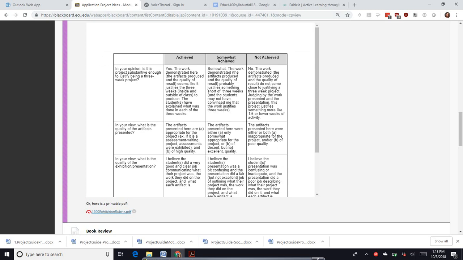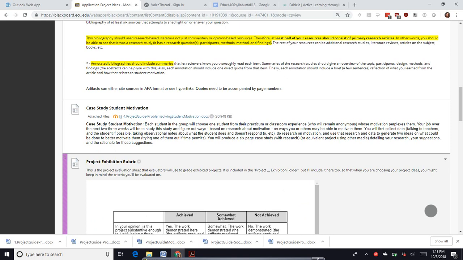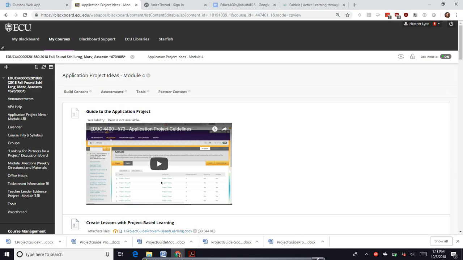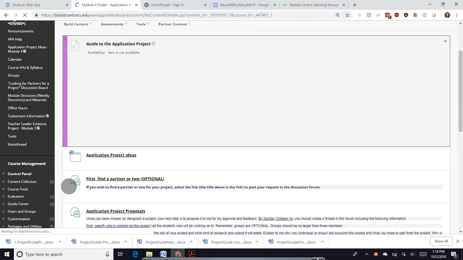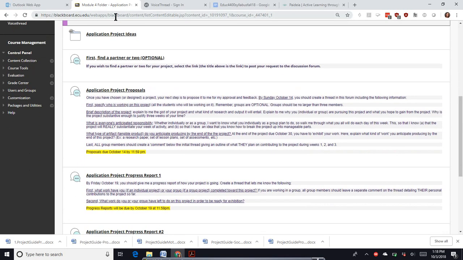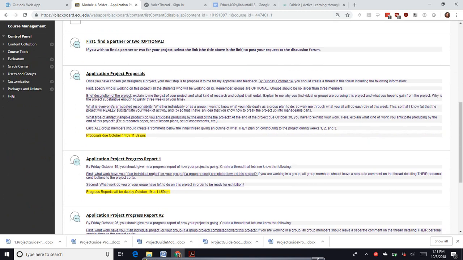Okay, so the rubric is thinking about, is this project sufficient enough to be considered a 2 to 3 week long project? What is the quality of the artifacts, and what is the quality of the exhibition? So hopping back into the folder, those are the 4 projects you can choose from, and each one has a guide. Going back into the Module 4 folder,